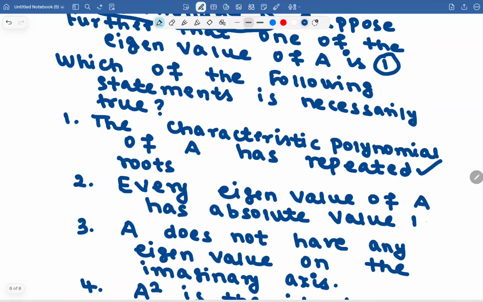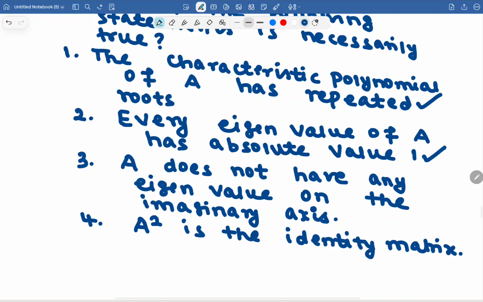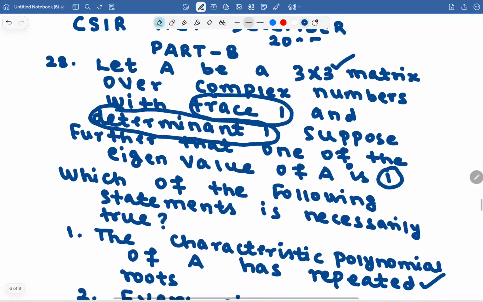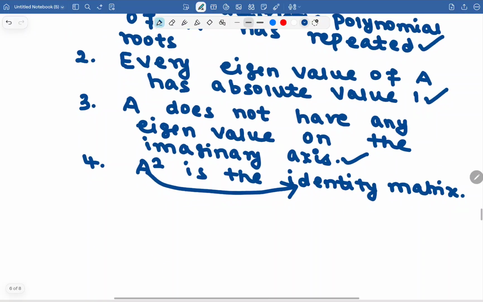Second option, every eigenvalue of A has absolute value 1. Third one, A does not have any eigenvalue on the imaginary axis. The fourth one, A square is the identity matrix. Since the problem is from Part B, only one option will be the correct option. Solution: